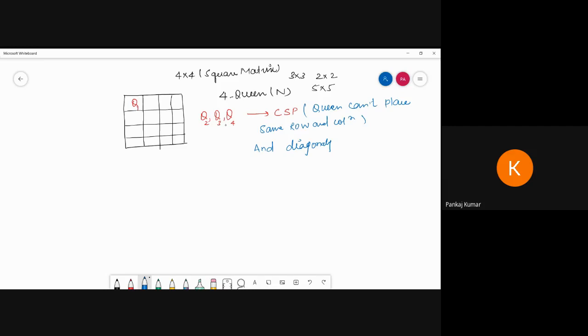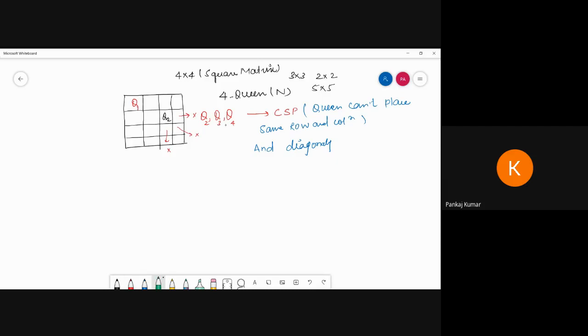So our target is to see where to place the next queen. Suppose I place the queen in that position, Q2. Then we cannot place the queen in these positions, and that is the possibility we cannot place the queen in that direction. Now there is a possibility to place a queen in another position.